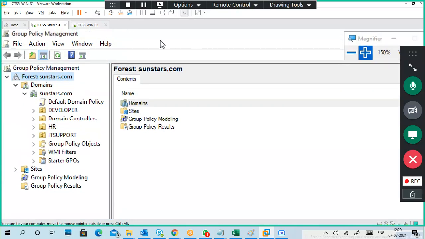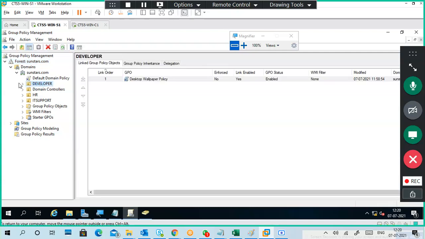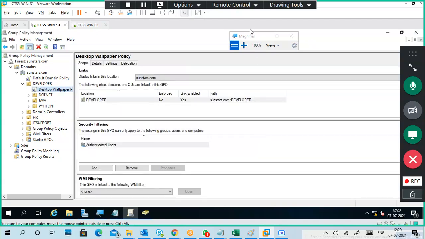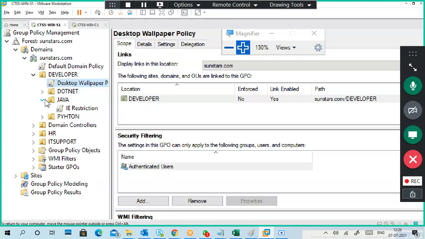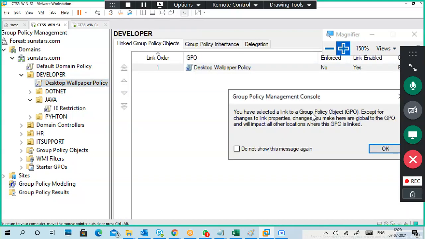So this is my group policy management window. I'm going to, where is developer OU? This is my desktop policy. Today we did that one, so that's why I'm touching that one only. Otherwise you can use the IE restriction policy also. Anything is okay, but this is easy. I click on developer OU, desktop wallpaper policy,